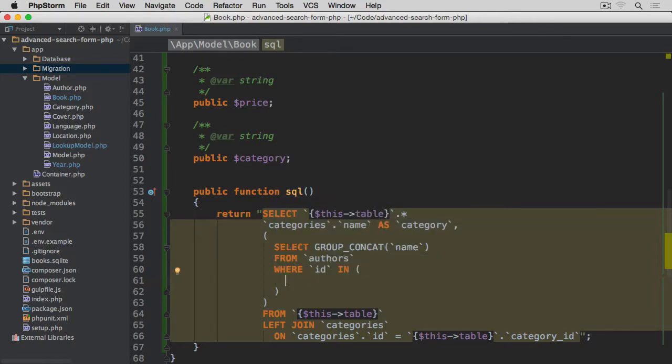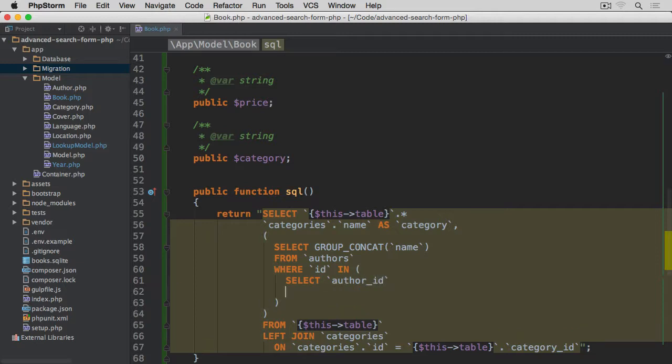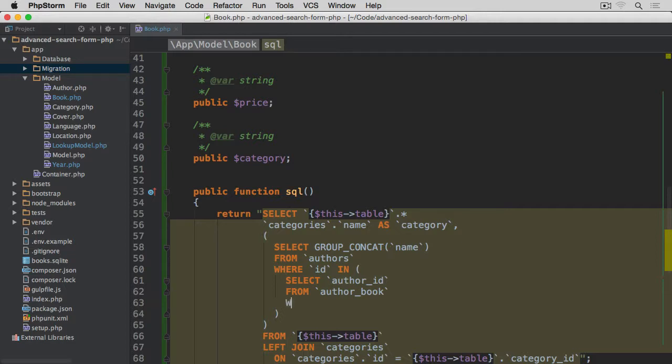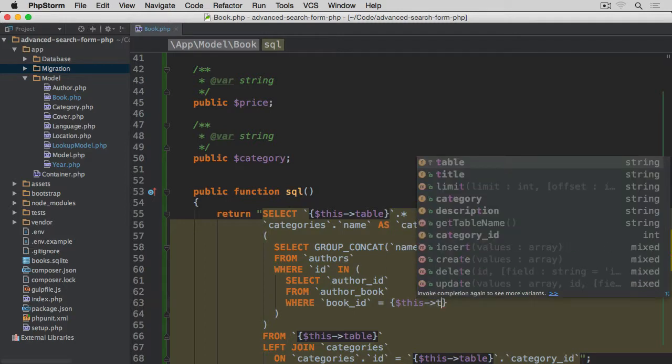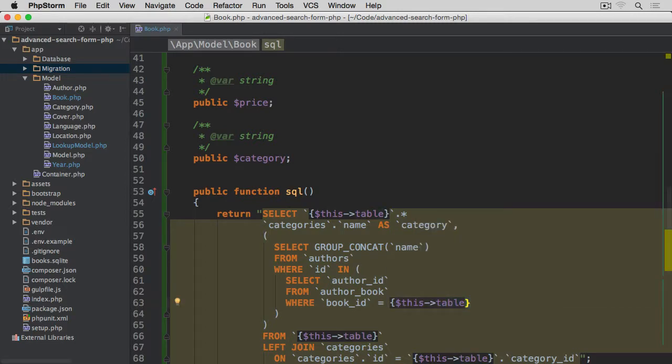Doesn't have to be capital letter, but I like to keep things consistent here. So select, and we're going to go for author ID from author underscore book table, which is our join table, where book ID equals, and then again this table, our books table. Let's put these backticks around this table as well, single one on each side, and then full